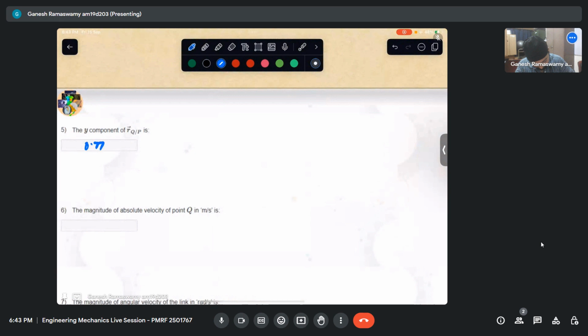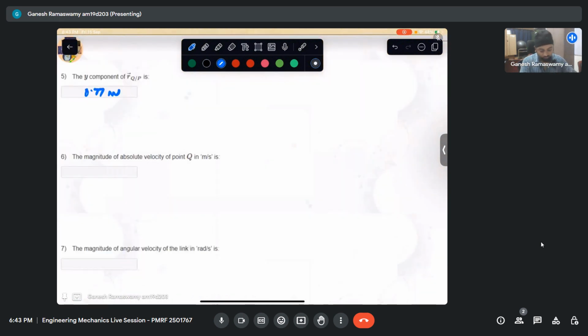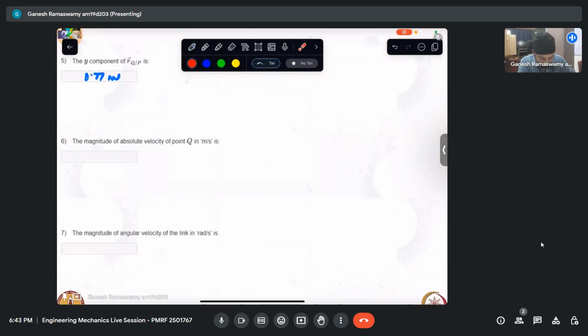Now what else has been asked? The magnitude of absolute velocity of point Q is asked. So what have we been asked? The magnitude of absolute velocity of point Q in meters per second and the magnitude of angular velocity of this rigid link is asked. Now from relative motion analysis,